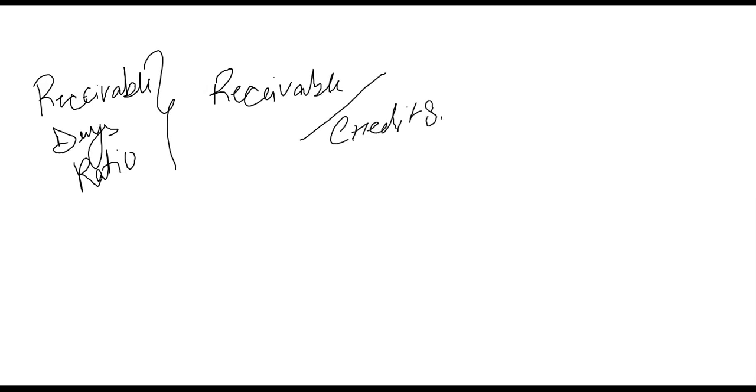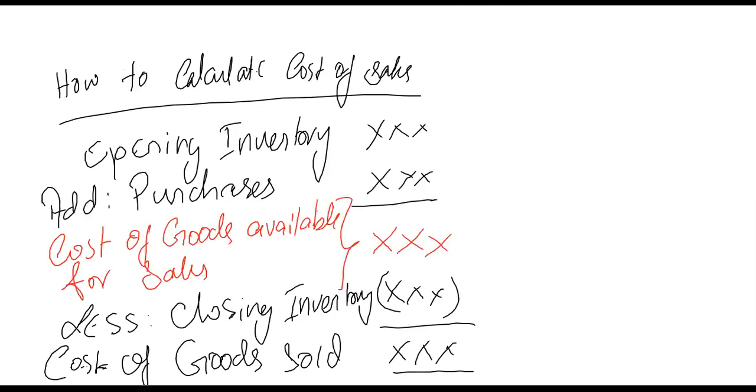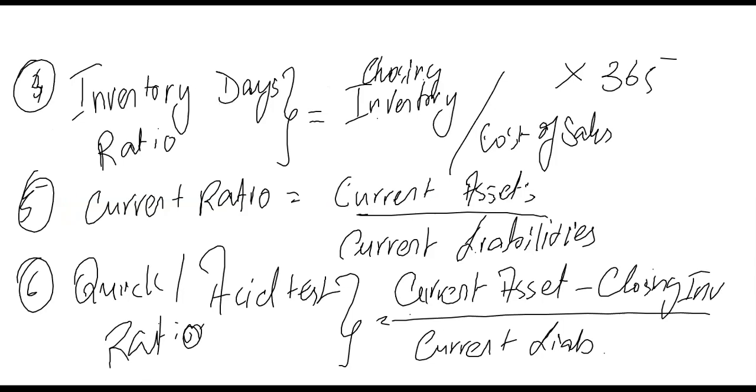Now, in order to calculate the receivable days ratio, I need to divide receivables by credit sales, all multiplied by 365. Let me keep this formula onto the sheet in which we are recording. Now this one is the 7th formula, receivable days ratio